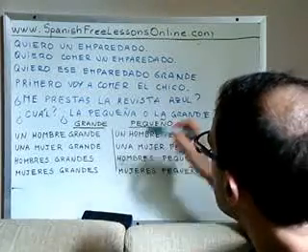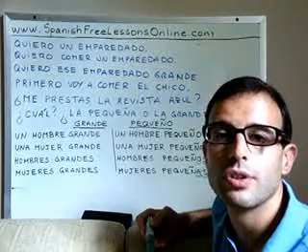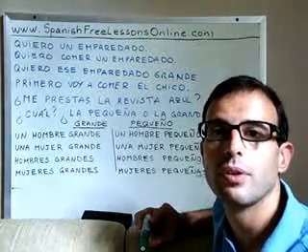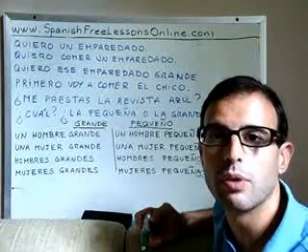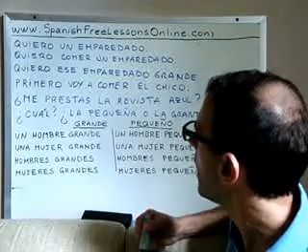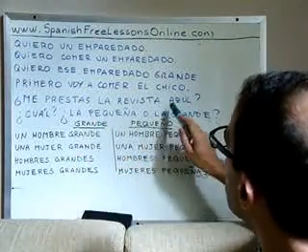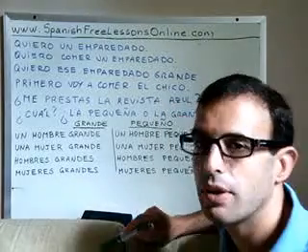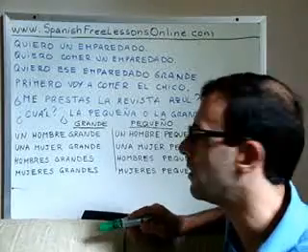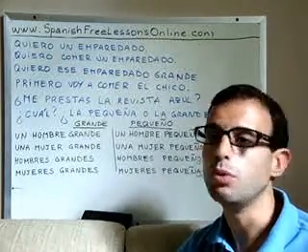These that end with O or A do switch to masculine or feminine endings depending on whether they refer to a masculine noun or a feminine noun. And the adjectives like grande, like azul, blue, those adjectives that end in something else that is not O or A, those do not